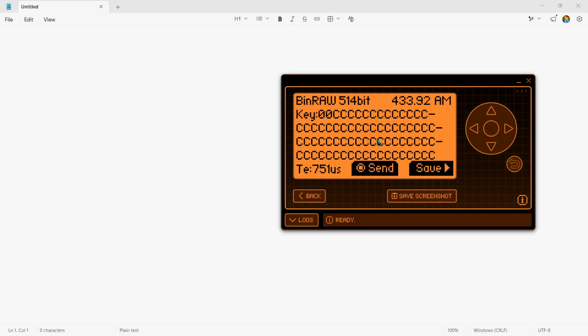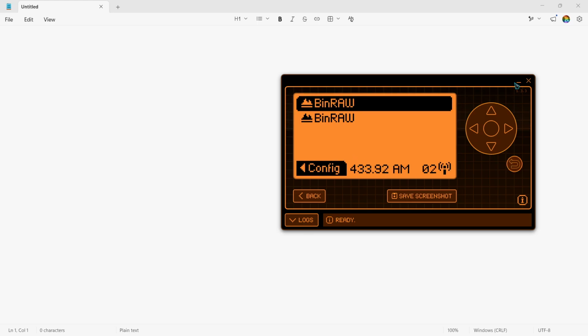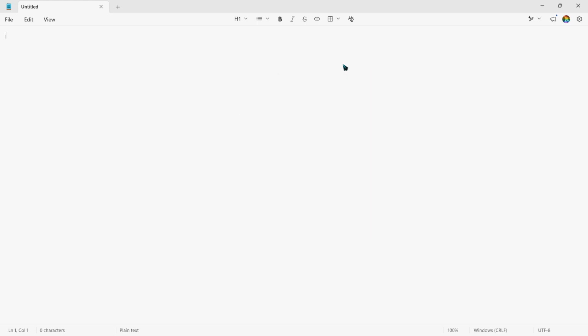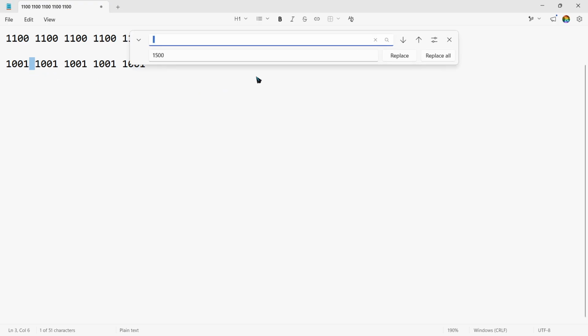we've got a bunch of C. So if we actually go into the old text document here, and I type out C, 1100, 1100, 1100, 1100, and then I do the same for 9, 1001, 1001, 1001, 1001, 1001. If I remove the spaces here, like so,